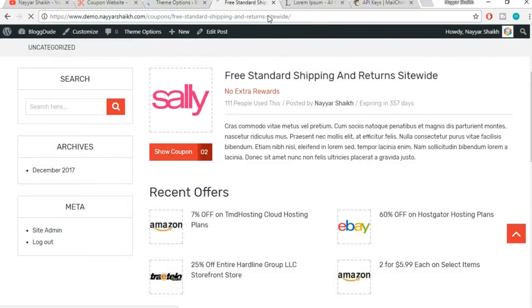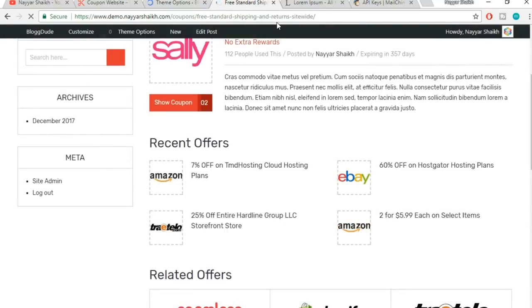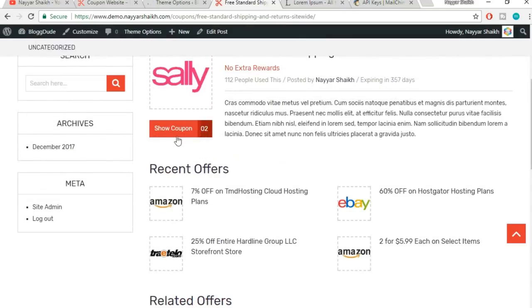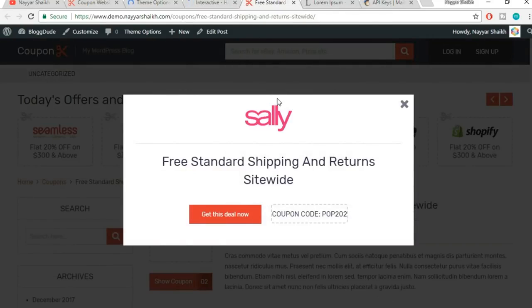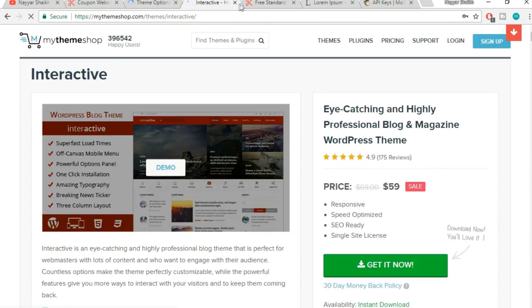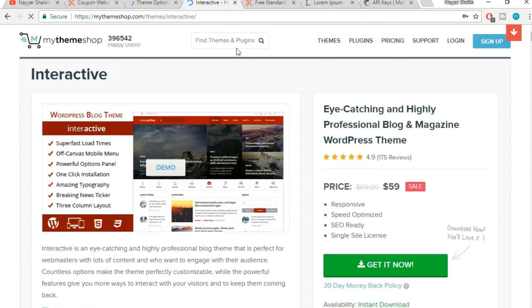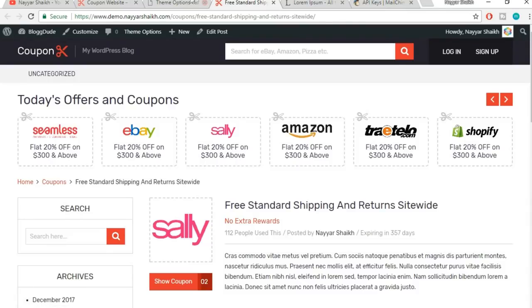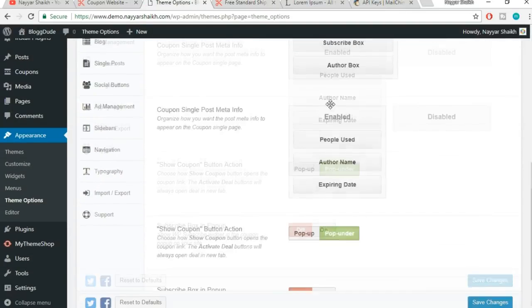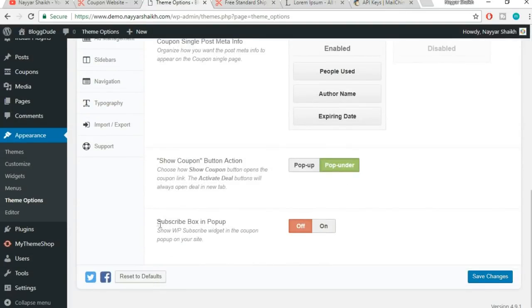Okay, let's refresh this website again. Now again, let's click on this button. Okay, as you can see, now what happened is we opened a new tab, but that is open in the background, and we are on this page. So this is also very helpful. Both things are almost the same. Okay, now you can close this, and we should have one more option. Yeah, this is the one,